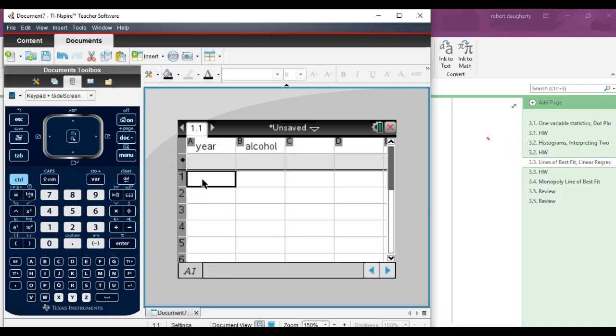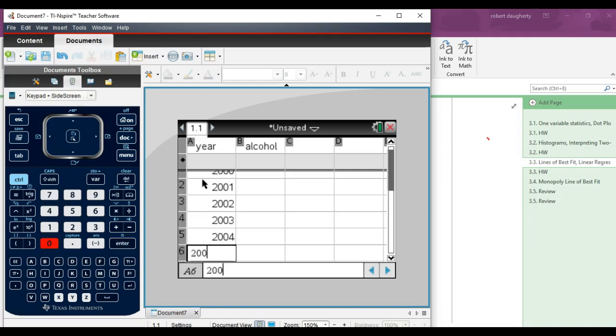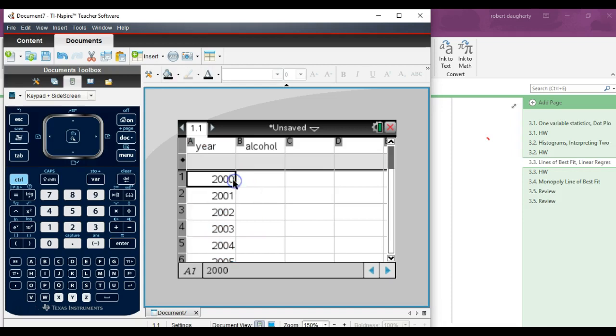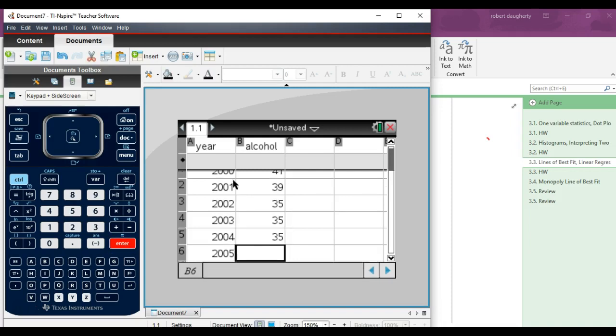Let's just enter the years. The years start at 2000: 2000, 2001, 2002, 2003, 2004. All the years from 2000 to 2016 should be entered here. Then the percentage who've reported alcohol use is 41, 39, 35, 35, 35. In 2005, it's 33, 34, 33, 30, 29, 29, 27, 28, 26,